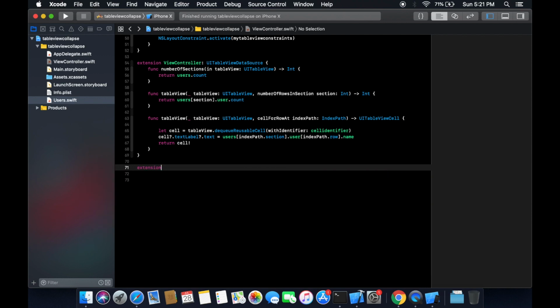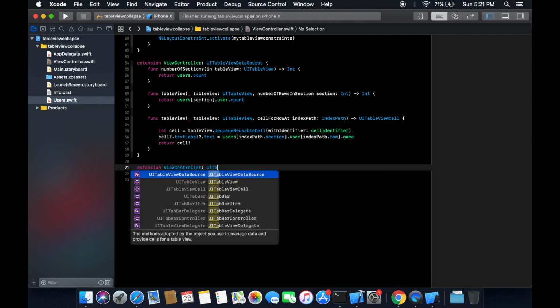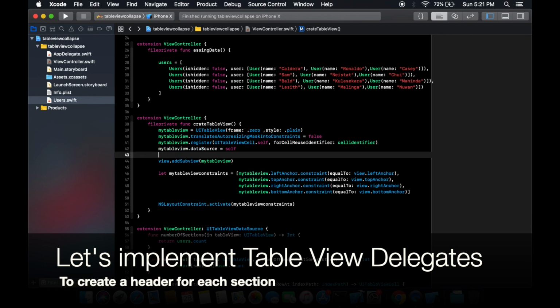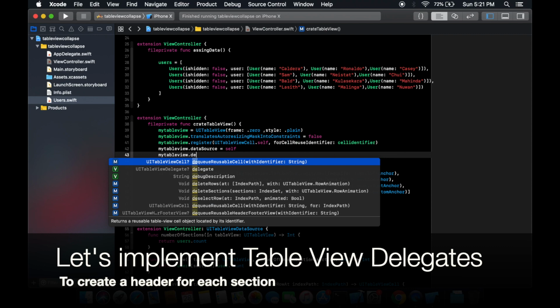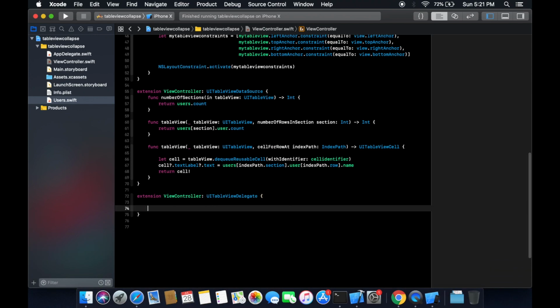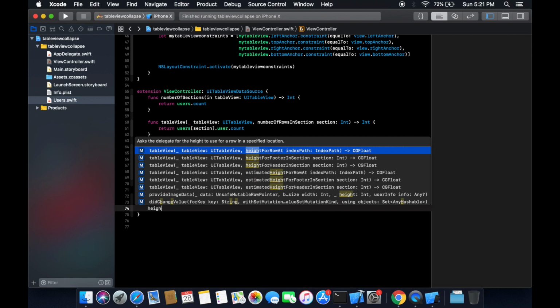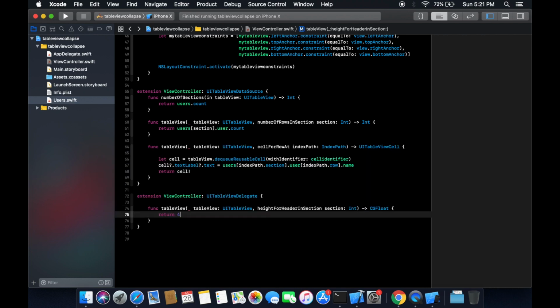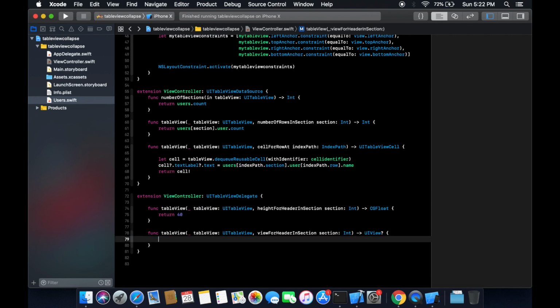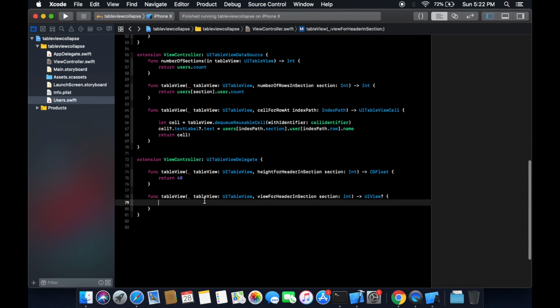So now we are going to add some headers to our sections. For that we have to implement Table View Delegates methods. So I am going to self-assign the Table View Delegates method, and I created a new extension, so you can see the code clearly with the extension. So I'm going to implement some delegates methods. I'm going to return 40 as the height of my header section, and I'm going to return a new view as my header. So I'm going to create a new view